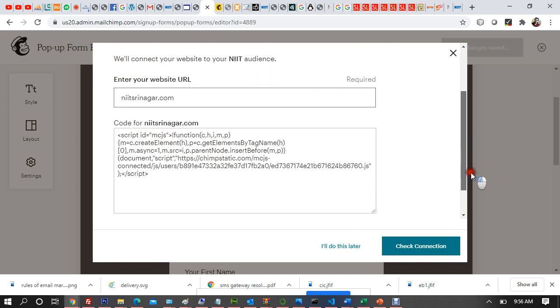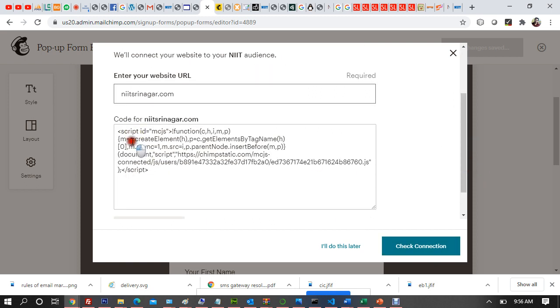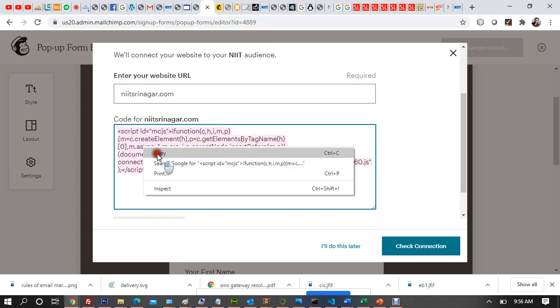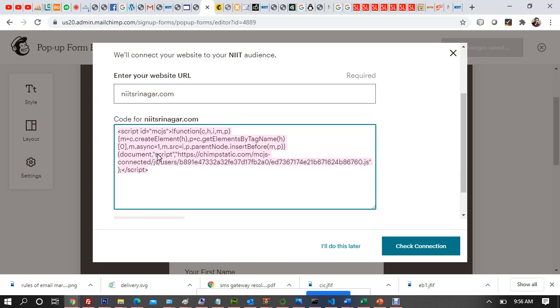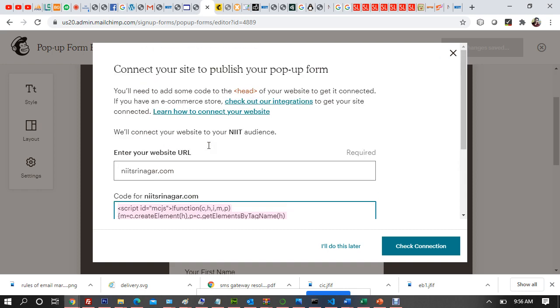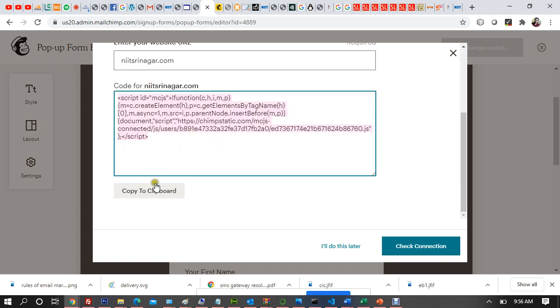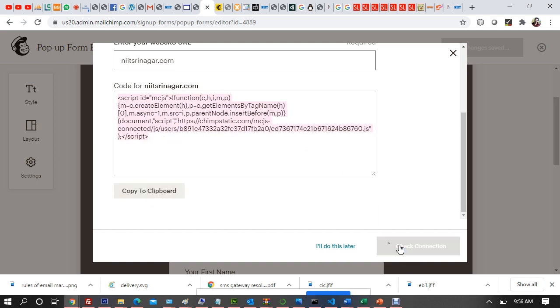Now all you have to do is code. Put this code wherever you want, inside the body section of your page. So this is copied. I'll say check connection.